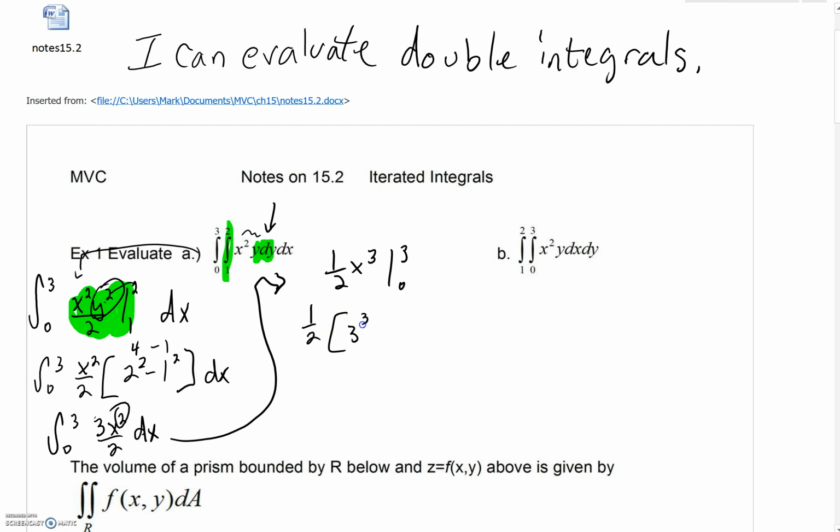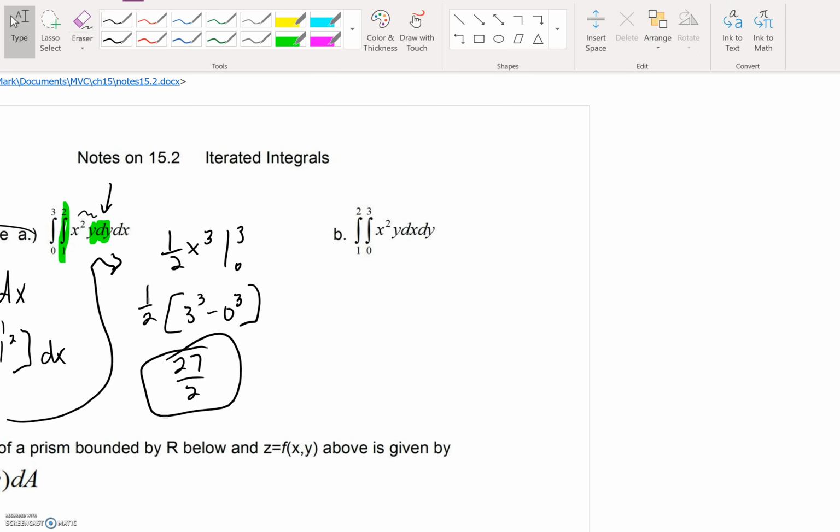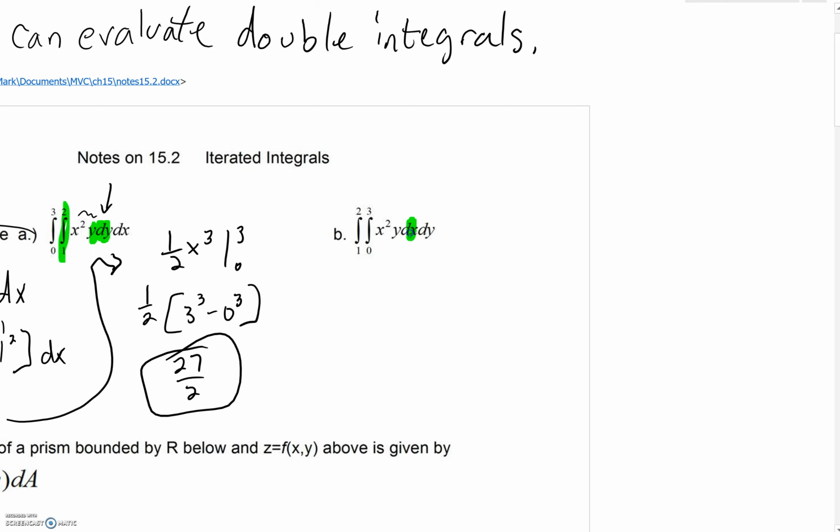Let's just finish this up. We'd have 3 cubed minus 0 cubed. So that's 27 minus 0. Final answer is 27 over 2. And we are done. As we come over here to part B, you're going to see it's really the same type of problem,